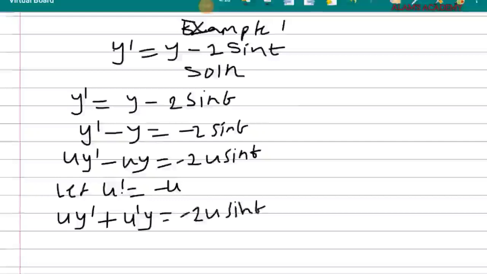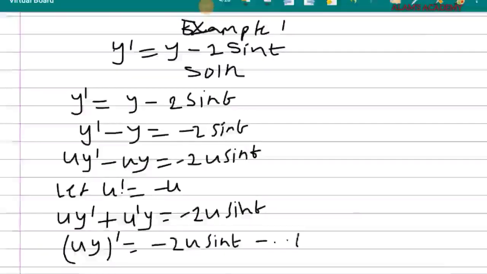Now that we have done this, I can also factorize it again, just like the other one. So we have this to be equal to negative 2 u sine t. So say this is equation 1. It's equation 1. Now from here, we can continue to find u. So finding u,